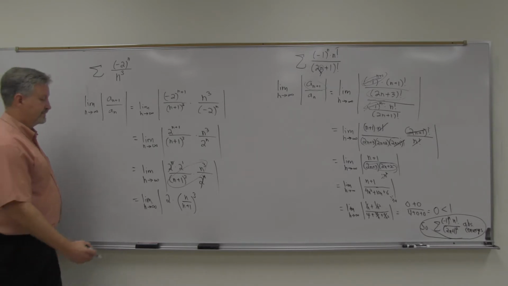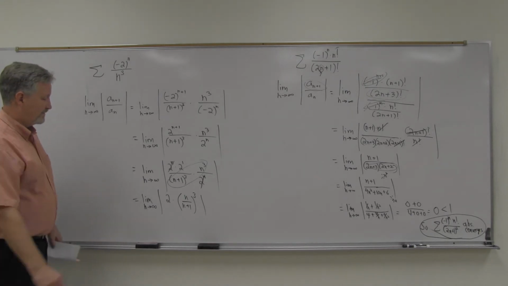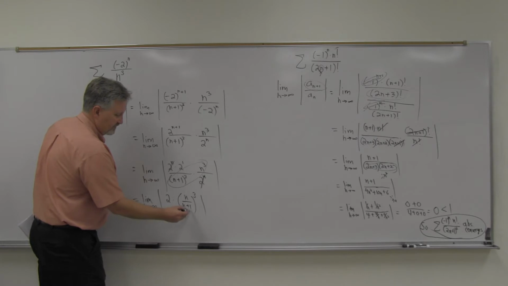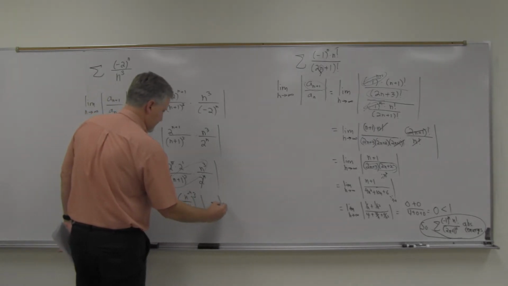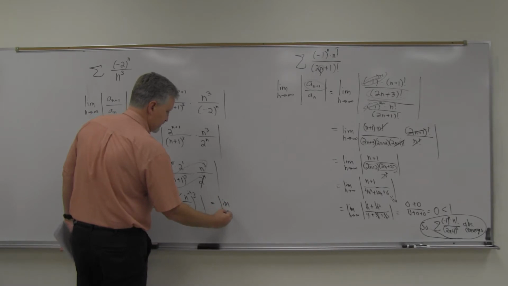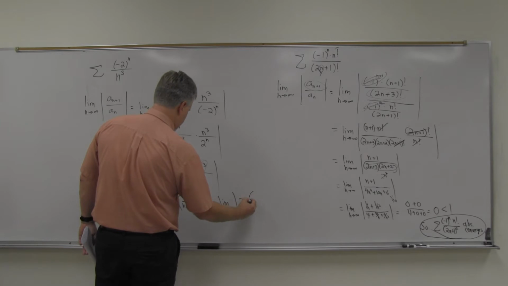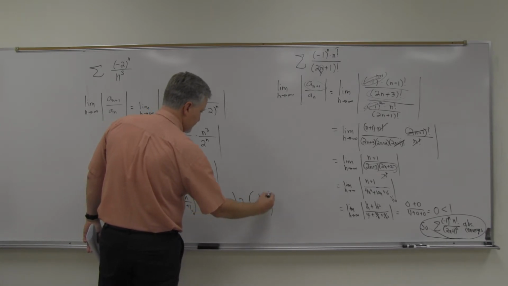That can save you from having to multiply binomials out like that. Now it's just divide this by n and that by n, and you get the limit as n goes to infinity of 2 times 1 over 1 plus 1 over n, cubed,